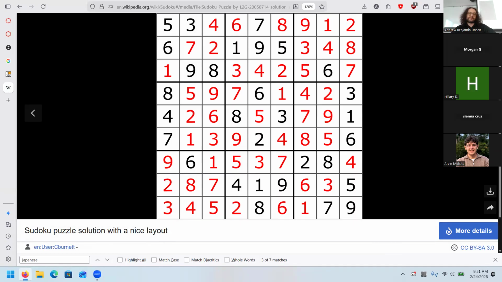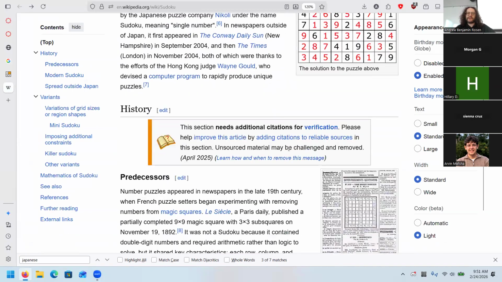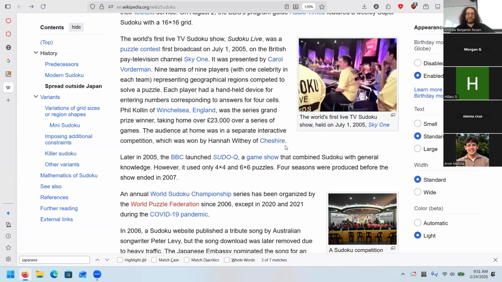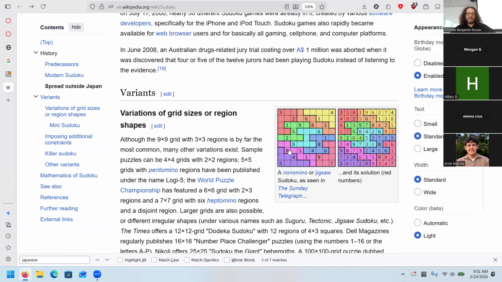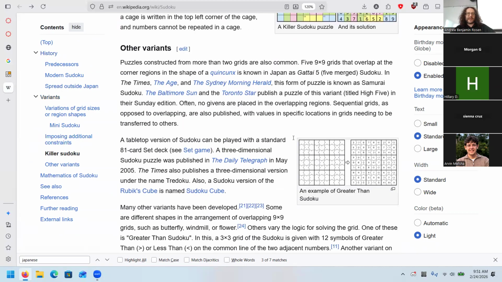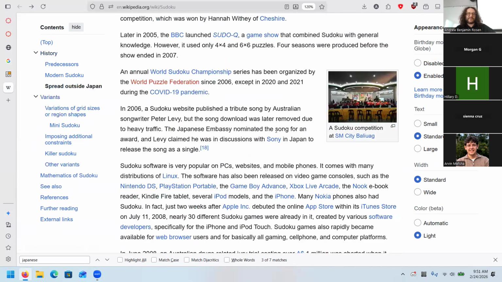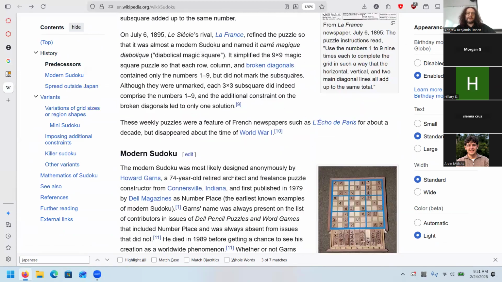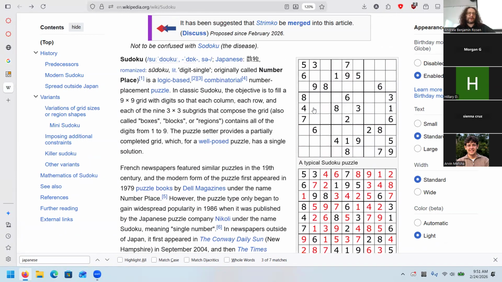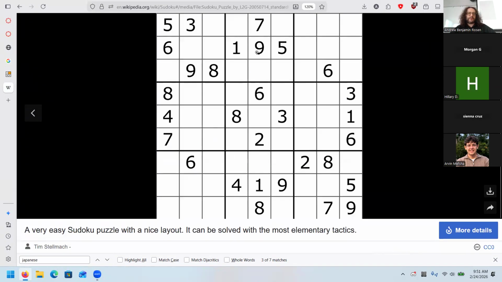Okay. So these things are pretty nifty to solve. Some of them, the more advanced ones, do require a bit of guessing and then backtracking. There are some variations like jigsaw kind of ones, which are interesting. So there's plenty of variations. But what we want to do is write a program that solves these Sudoku puzzles. And these aren't too bad to solve.